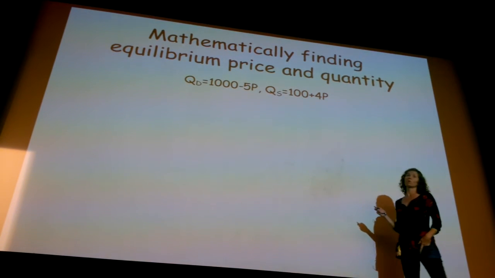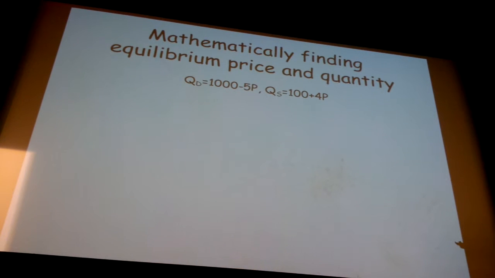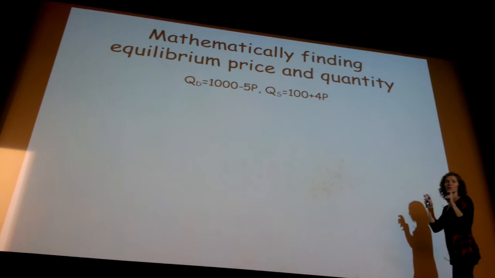Similarly, for supply, as price goes up, quantity supplied goes up. The higher the price of a good, the more producers are going to be willing to supply it. So there we have a supply curve and demand curve. Now just go back to the definition of